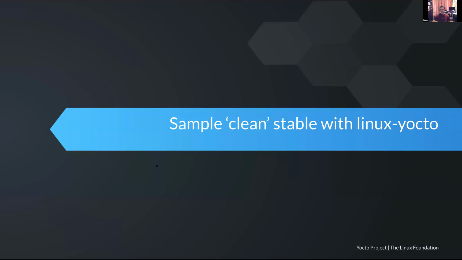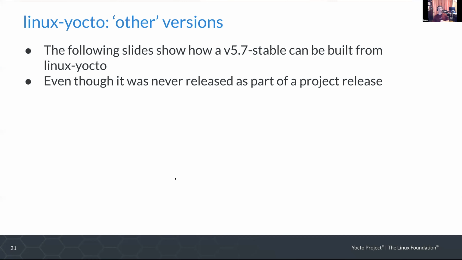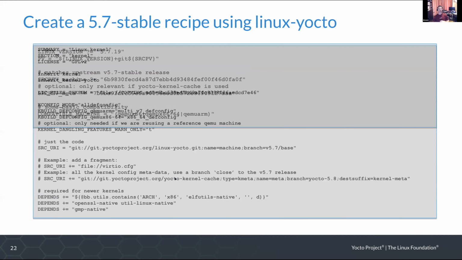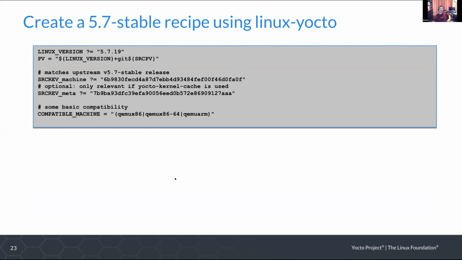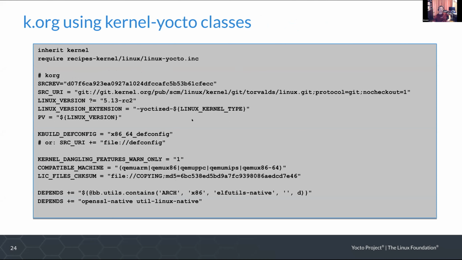All right. I actually didn't plan on presenting this because I know I'm almost out of time and I'm over time. But if anybody says, hey, I just want a recipe to do this, I did some reference recipes, and this is the entirety of the recipe with comments. I could have fit it on one slide: you can build v5.7 either with a defconfig or with Linux-yocto kernel fragments. So I threw in some examples of these just so if anybody wants them as a reference, and then here's a pure